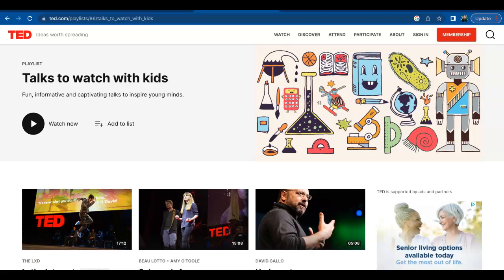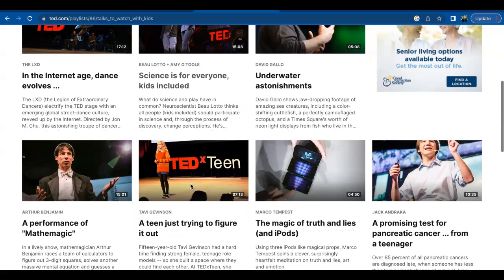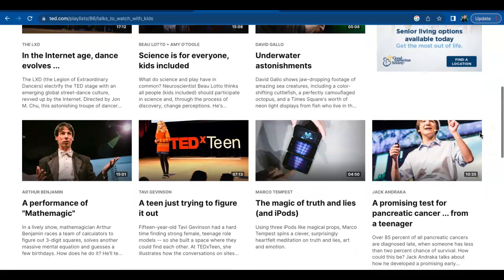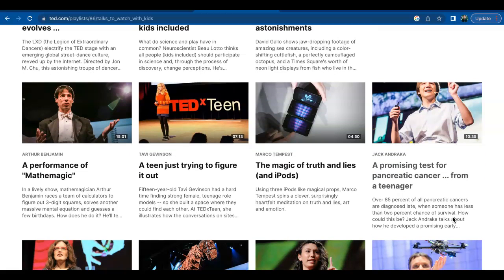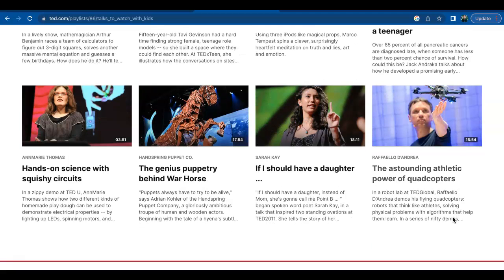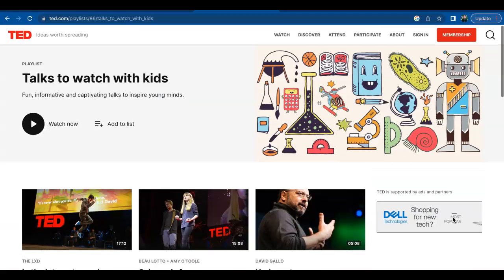And I just think that you can also incorporate this into your class because look at a promising test for pancreatic cancer from a teenager. It just shows your students that even as a young child or as a teenager, they're still able to make advancements in society. They're still able to have dreams. There's so much out there that they can do. And just look at this kid. He's making a huge impact in the medical world and he's just a teenager. And just different ways that you can incorporate